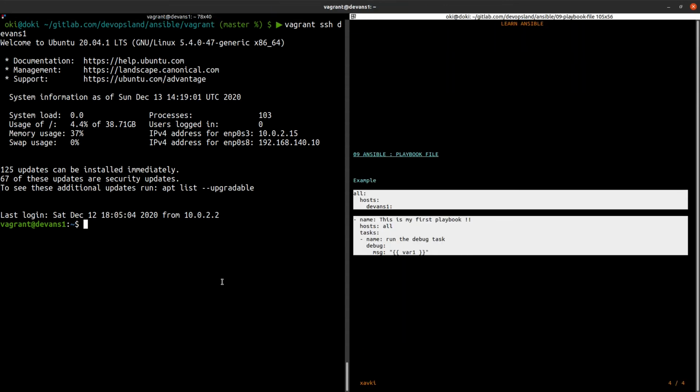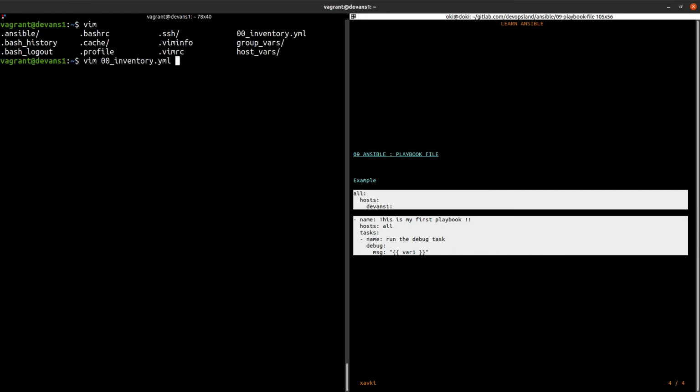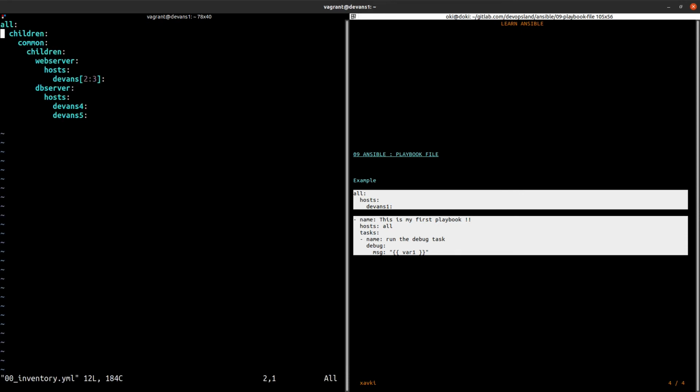Like in the last video, we can check the inventory file. To keep it simple, we specify only one target server, like devance2.